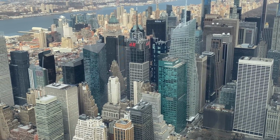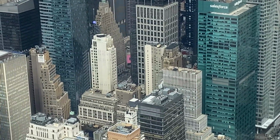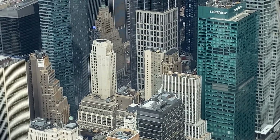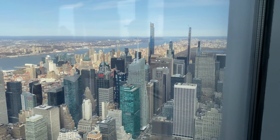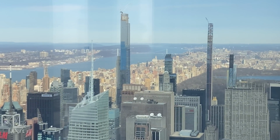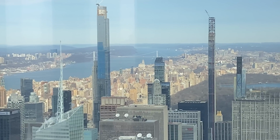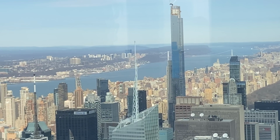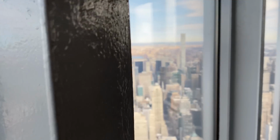It's hard to make out Times Square from here because of all the tall buildings around it, but you can see there the pink billboard that's constantly changing. You definitely know that's Times Square from there. Right there you see the Central Park Tower on 57th Street, Billionaire's Row, the George Washington Bridge in the background, and the neighborhood of Fort Lee, New Jersey. On the other side,